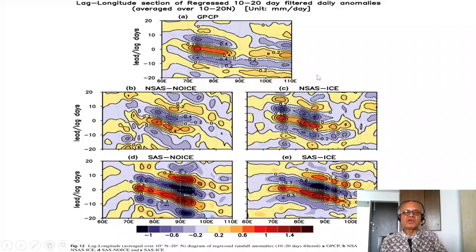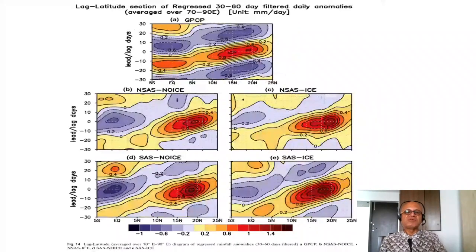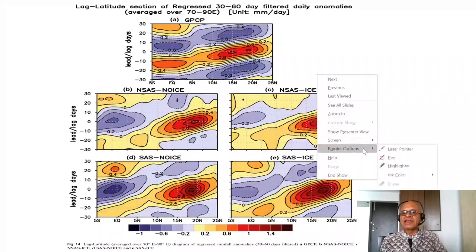So the idea is that you compare the microphysics and then try to see how the microphysics can be improved, and the same thing we looked at for different convective parameterizations from a regional Earth system model and showed that improved resolution improved the northward propagation a little bit. So that kind of remains the story with CMIP5 and CMIP6 as well, as we will see in a minute. And going back to the laser pointer,